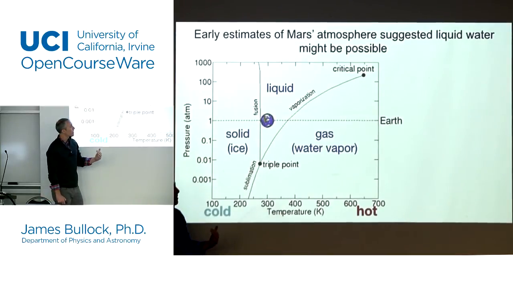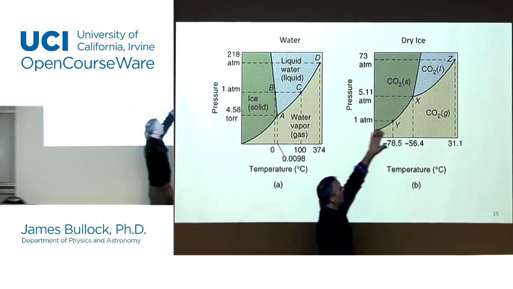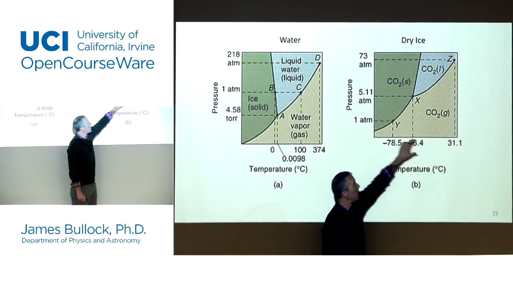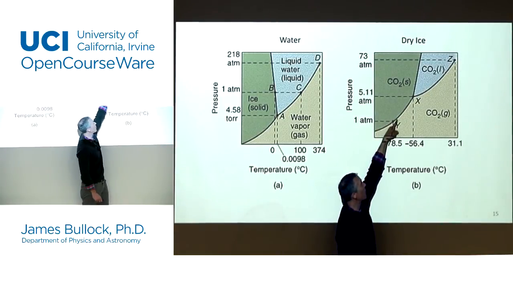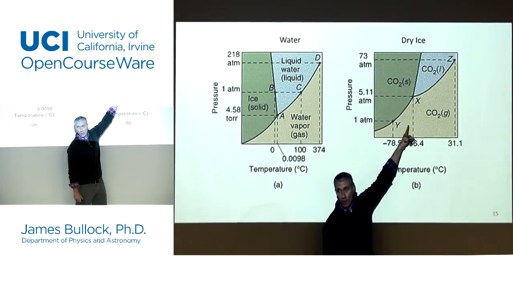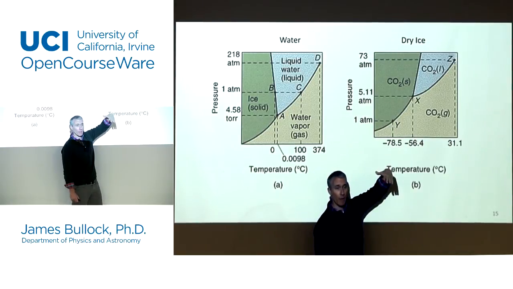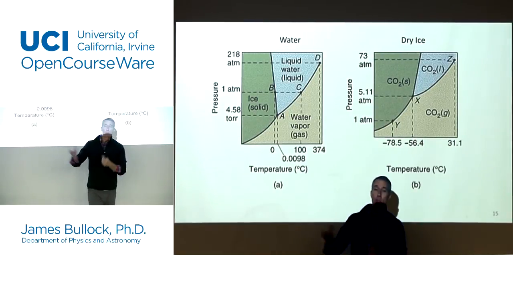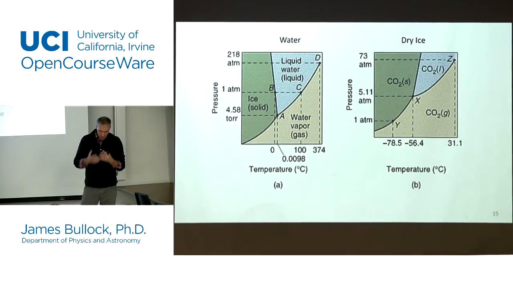Okay, dry ice is frozen carbon dioxide, and at 1 atmospheric pressure, this is temperature, this is pressure. At 1 atmospheric pressure, you're either solid dry ice or vapor carbon dioxide. You are never liquid carbon dioxide at 1 atmospheric pressure, okay? And that's why you can bring dry ice in and sit it down, and it looks like it's just smoking. You never get a puddle of carbon dioxide on the floor. It just immediately smokes into vapor, okay?